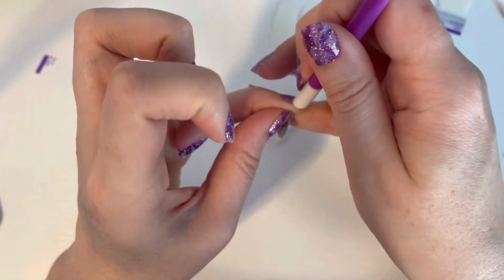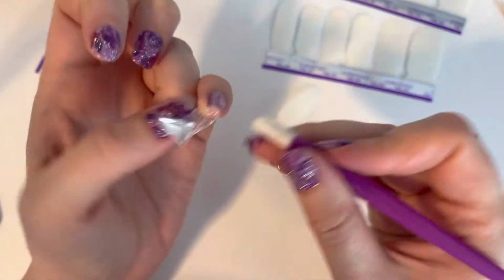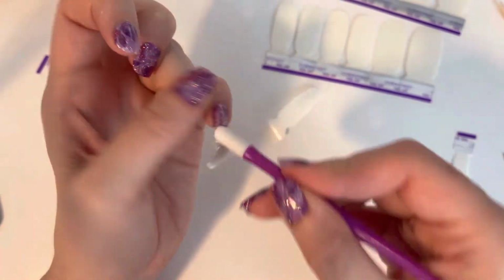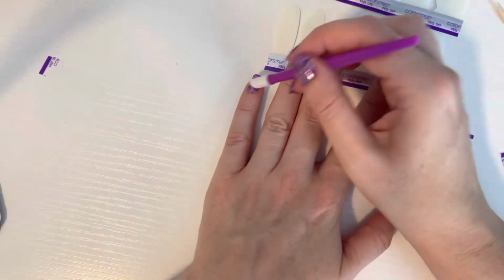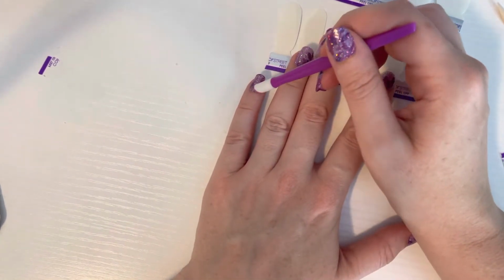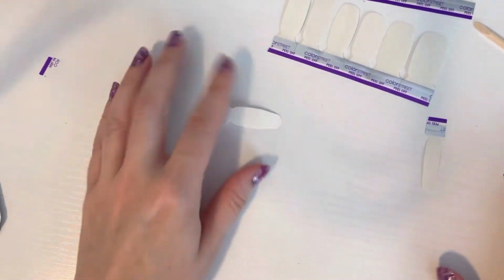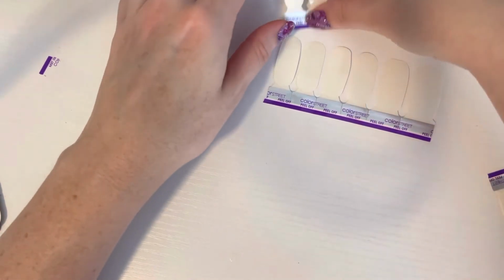I was like, oh, that just seems pointless or silly. And I started using it, and I was like, I am never going to go back to not using 2 layers. When my nails were really short, I would use 2 layers of the same shade. I would take the other side of the nail strip. So these are double-ended. What you can do is, if your nails are short enough,